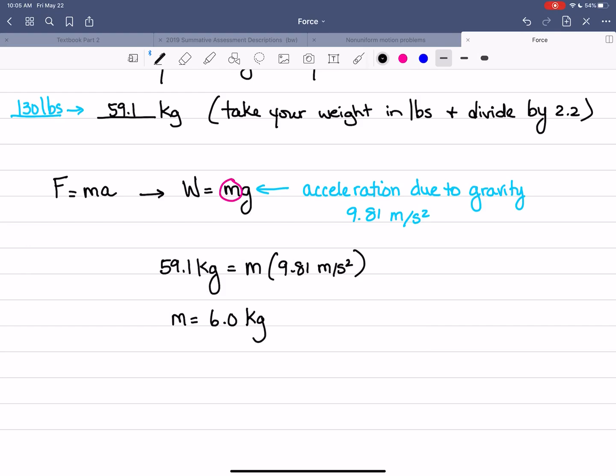So your mass, the amount of matter that makes up your body if you're 130 pounds, is 6 kilograms. And this might not mean a lot to you in kilograms yet. So I'm going to convert it back to pounds, and this is 13 pounds. So if we were to take your body and squish it all together, it would be less than a 15-pound weight, the weights that you use at the gym. Less than a kettlebell or whatever. So that's how much mass you have in your body. It is the acceleration due to gravity pushing you against the scale on the floor of your bathroom that gives you that number of